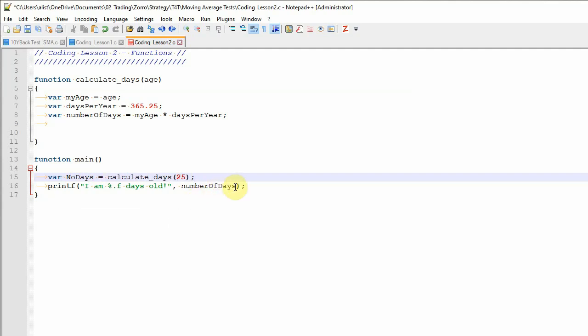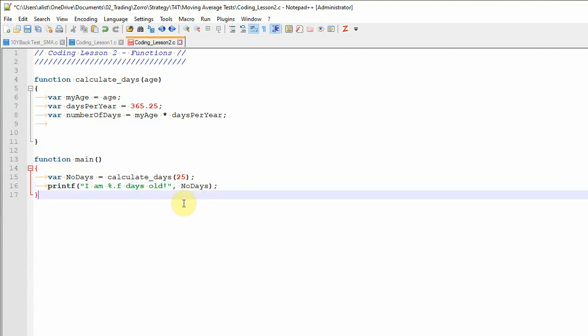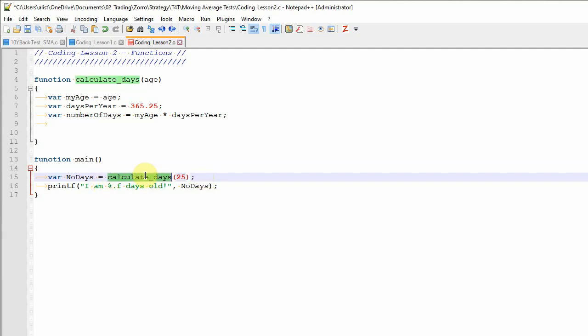And you say, well, what does that really mean? So let's just say this no days. Well, what we can get this function to do is, rather than this function just doing a calculation and printing, we can say tell me what the days are there and return it,